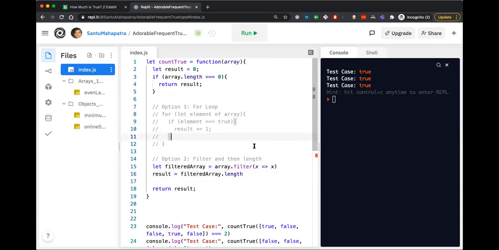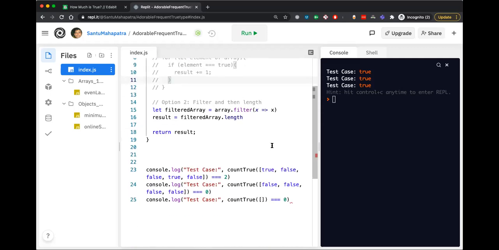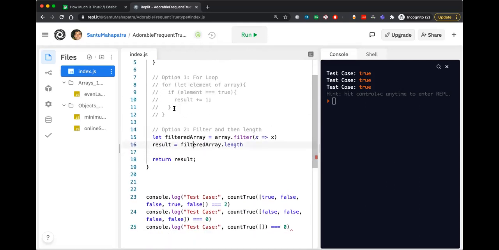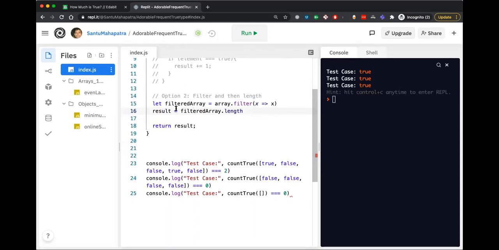Let's run this code. Works. So what did I do here? I filtered the array. Filter only works when the calculation is true. Here we don't need to do the calculation because we are just checking for true. The elements are themselves true or false.